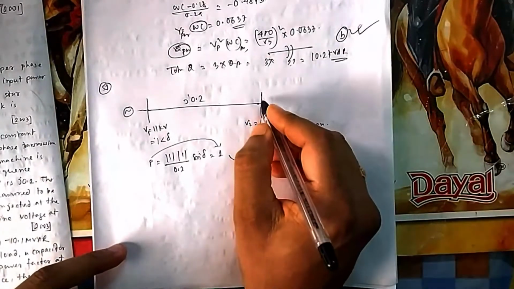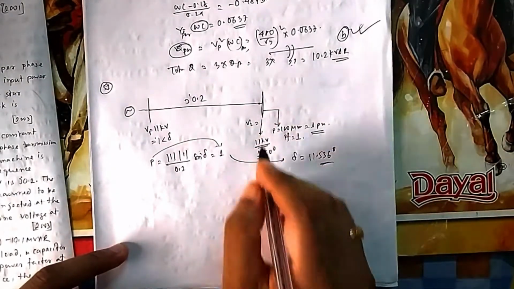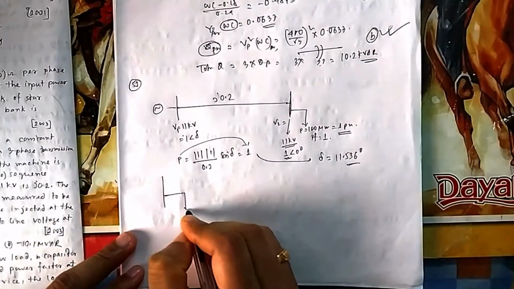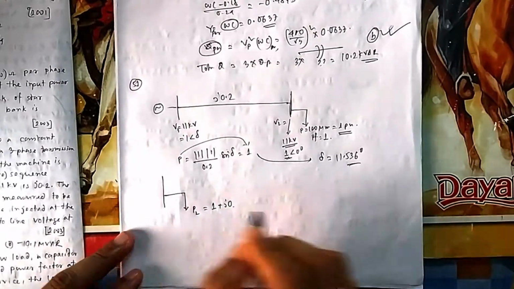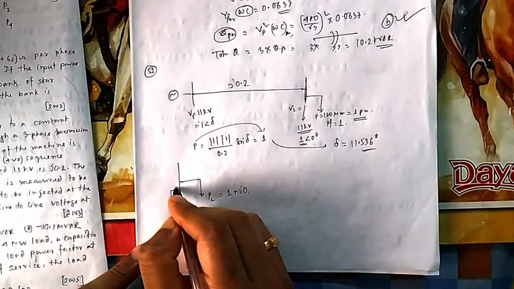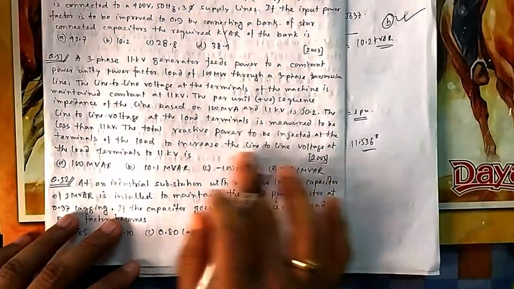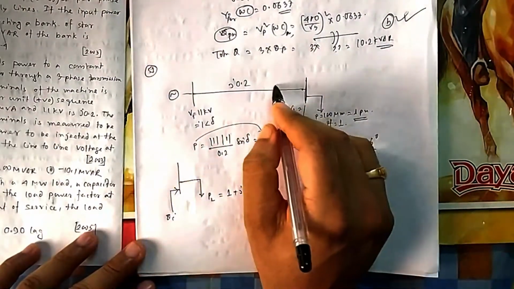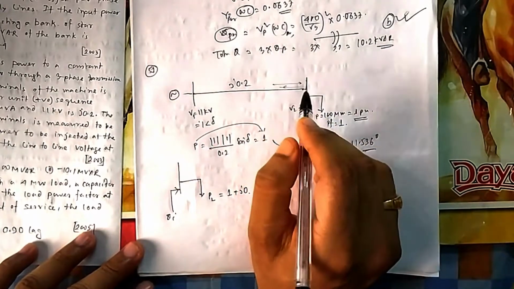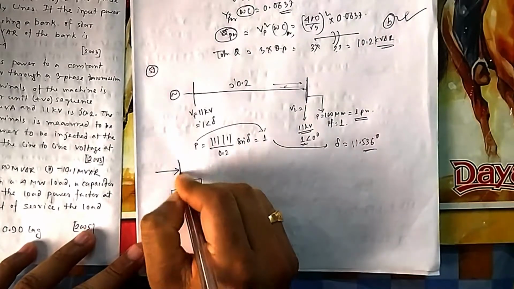Now once you know this one, you have to come to this bus. For this second bus, you are injecting some Q. If I consider this bus, this is coming out of it, P load is 1 plus j0, no reactive power is there, and you are injecting reactive power. That is the question, how much reactive power should be injected, that is your QI. And this power you can take in this direction, whatever. If I consider the power is coming from this direction, this is my voltage. What is voltage? 1 angle 0.